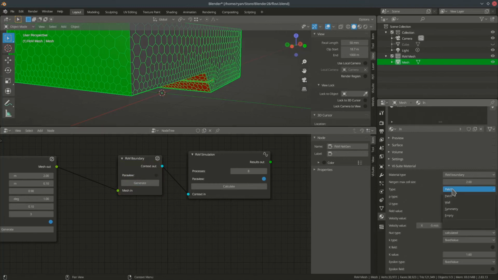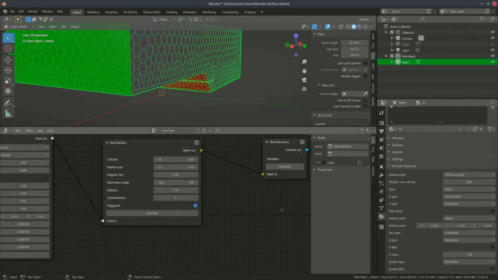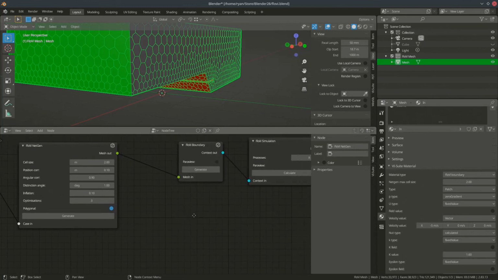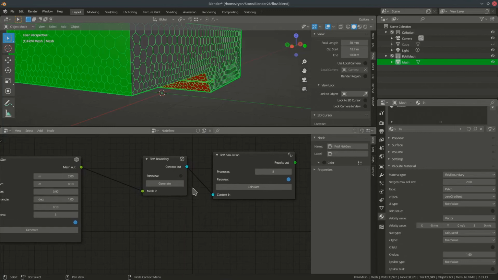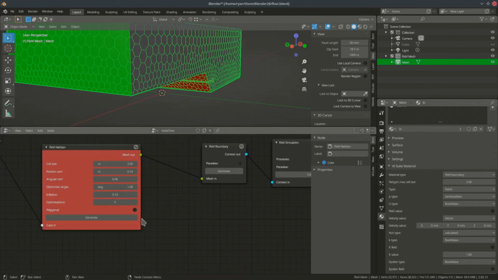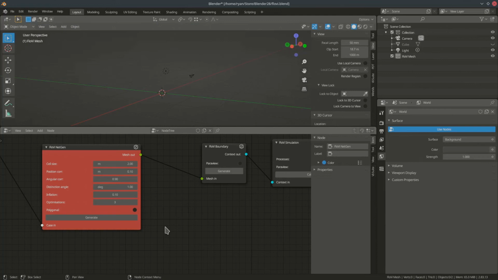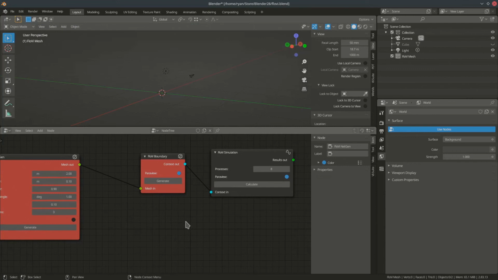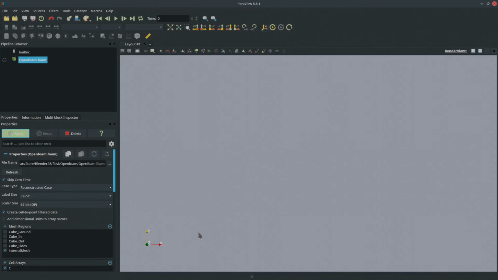If I change it from a patch to a wall, however, if I change this type menu, I would have to come back and re-export my case as well. Now, if I turn off polygonal and re-export that mesh, it's going to be a tetrahedral mesh now, not a polygonal mesh, and I can't visualize that in Blender currently. But if I turn on this ParaView option within the flovy boundary node, and I now generate that,